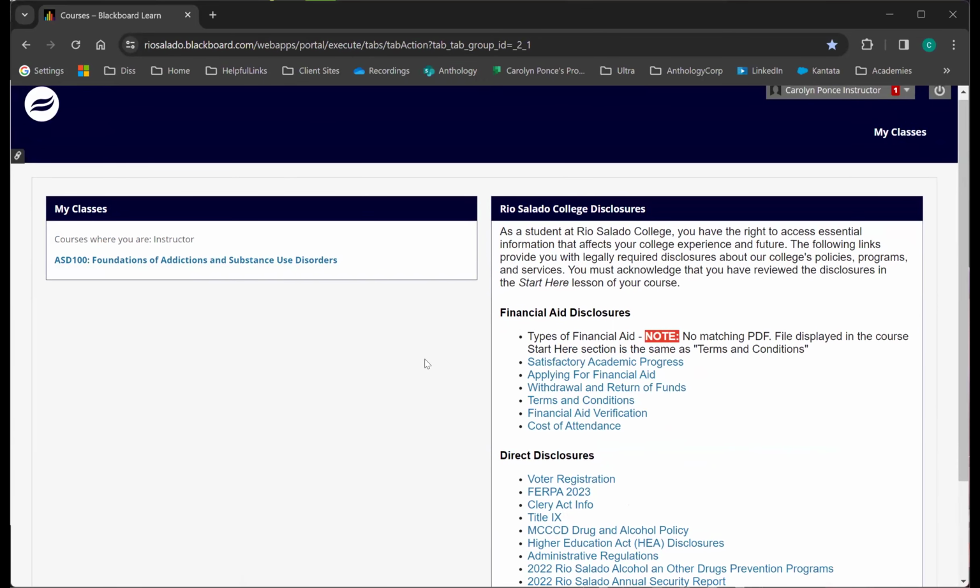There we go. So the students landing on this My Classes tab is the same as your instructor view. So they're not seeing any extra information at this time. Their My Blackboard area is very similar. If you notice, they don't have that up and down arrow. They have a little check mark. And this area is the My Grades.